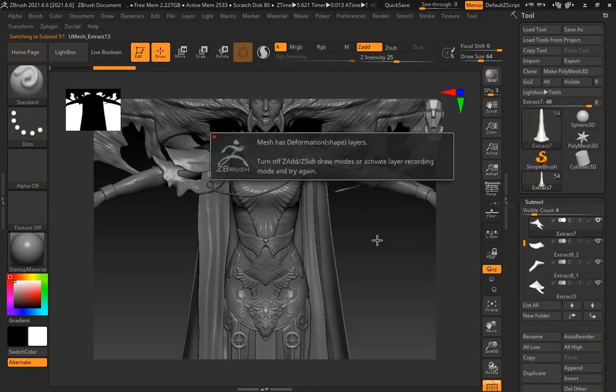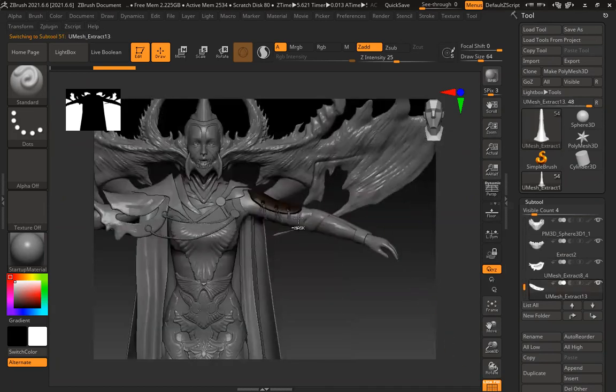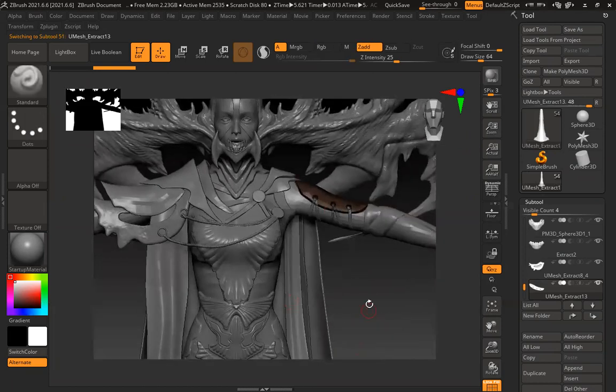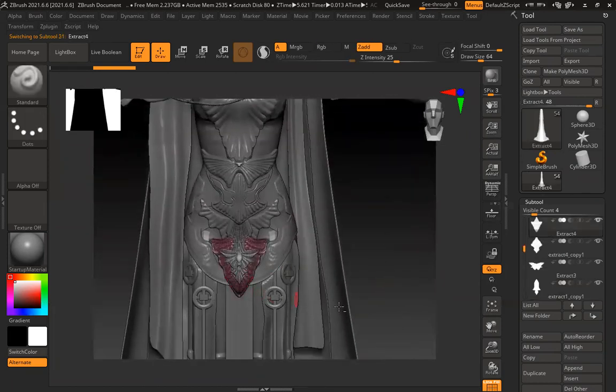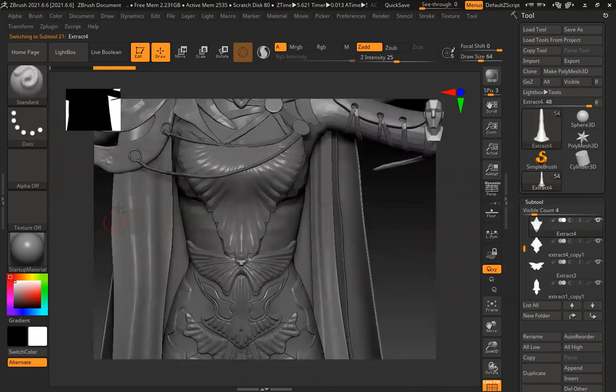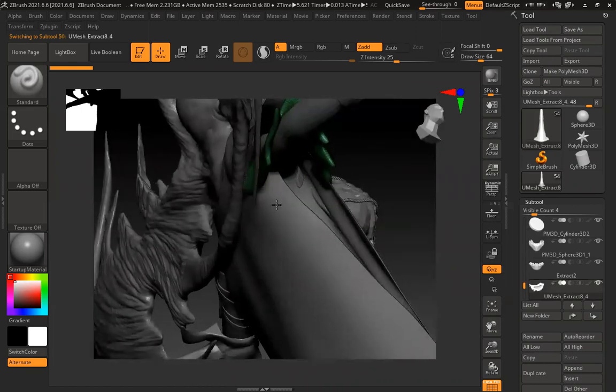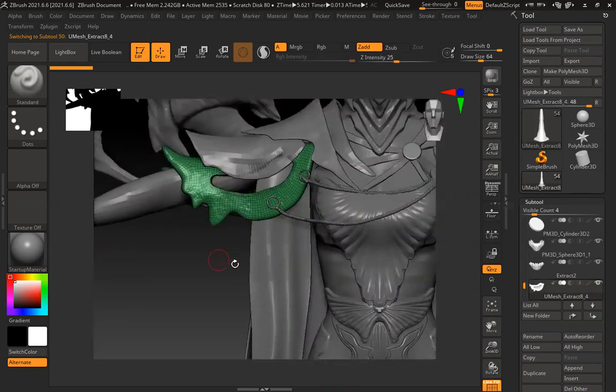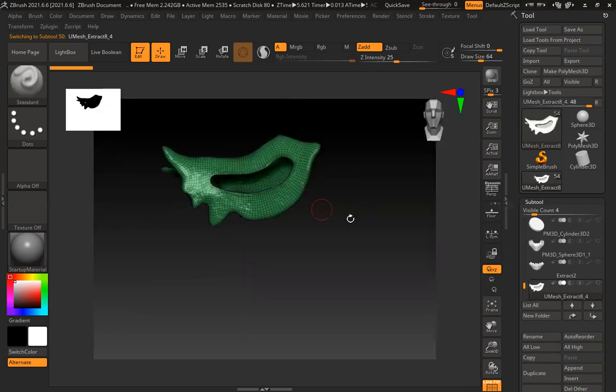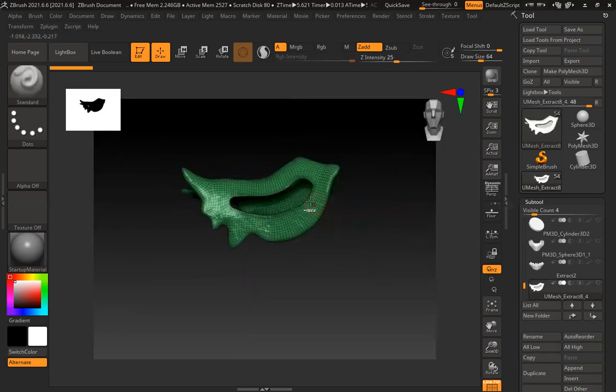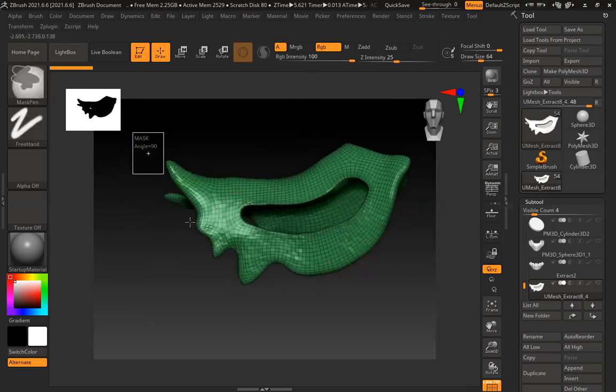Let's see any of the parts. Maybe this one has some mask. Oh, it's already one polygroup. Let's see where I have polygroups. This is also changed. This is only one again. Okay, I can show it on this only. So Control, and let's isolate this one. Suppose in my model I have multiple polygroups.